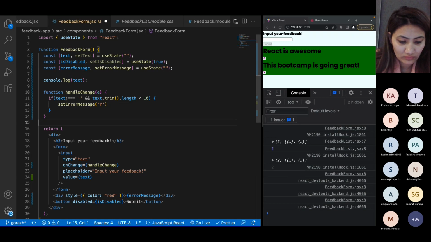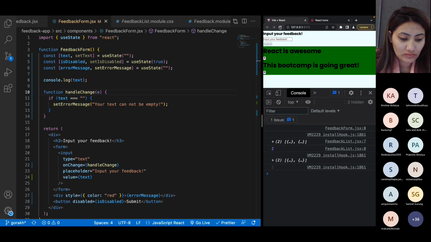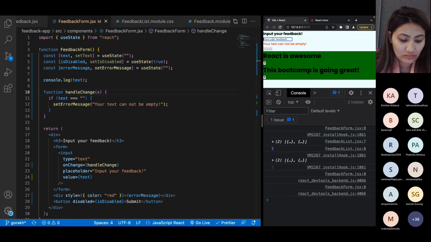For example, let me first do it for empty text only. So let's write "your text cannot be empty", something like that. And if I save it now and refresh it, if I type something, yeah, you can see it says your text cannot be empty. I cannot also write something there. I'm not able to write anything, right? Because the text is the set, oh,